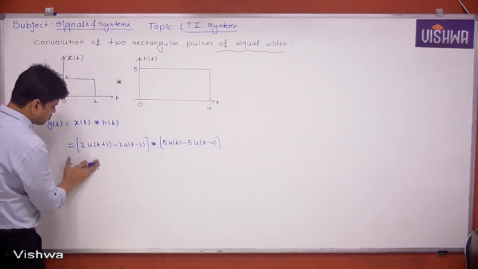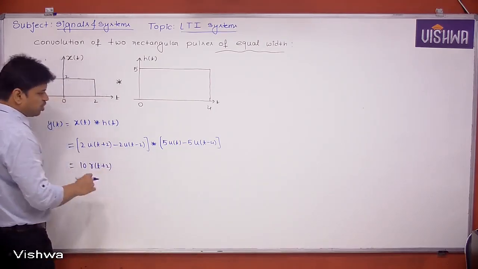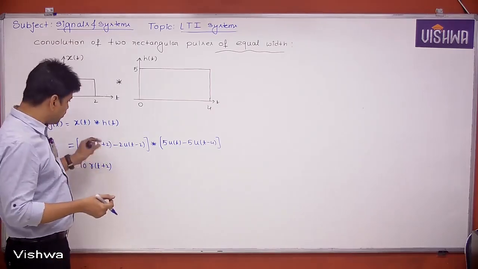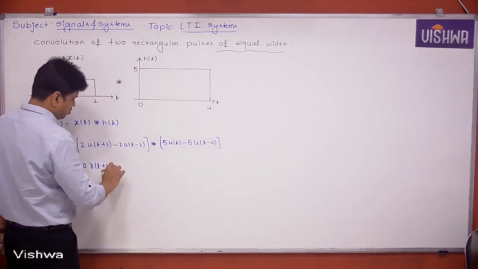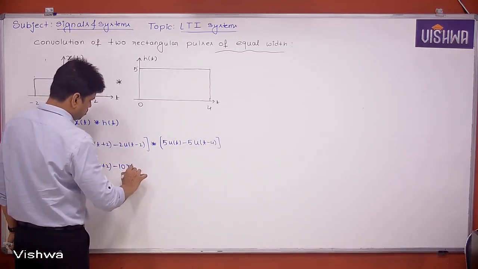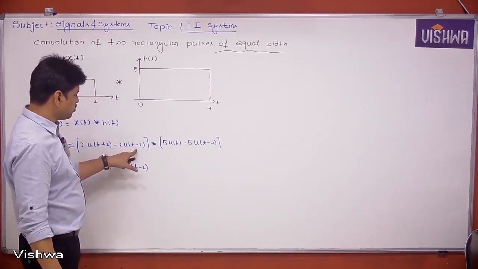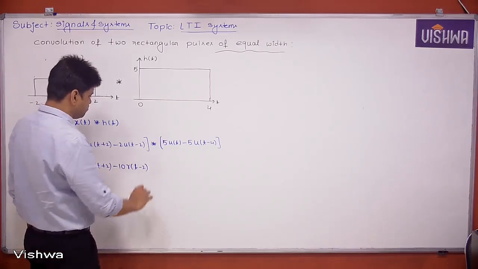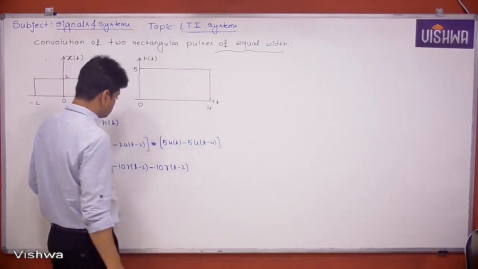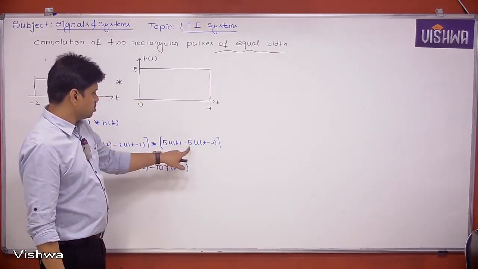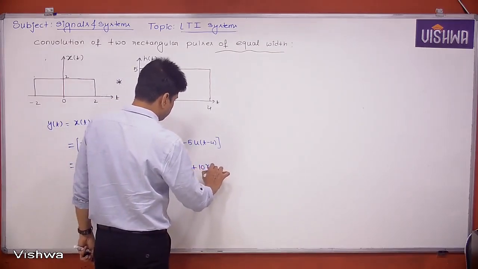r of t plus 2, because u of t convolution with u of t is r of t, and we are having the shift also. Next, u of t plus 2 u of t minus 4, so minus 10 r of t minus 2. Next, minus 2 u of t minus 2, 5 u of t, minus 10 r of t minus 2, minus 2 u of t minus 2 minus 5 u of t minus 4 plus 10 r of t